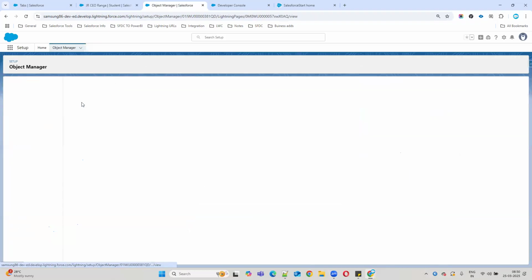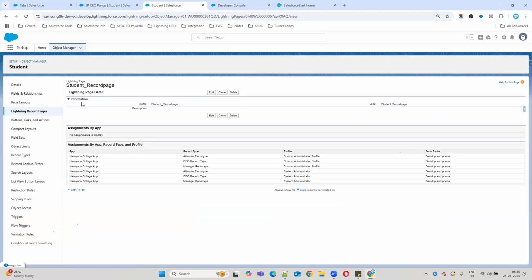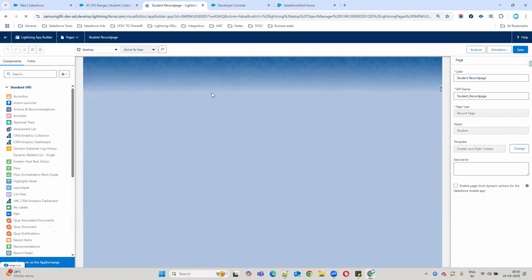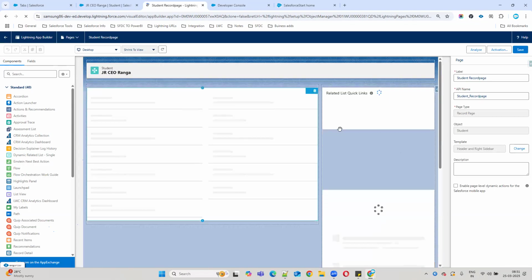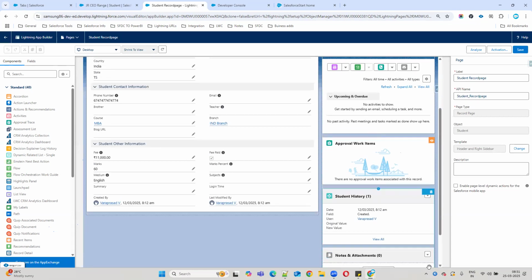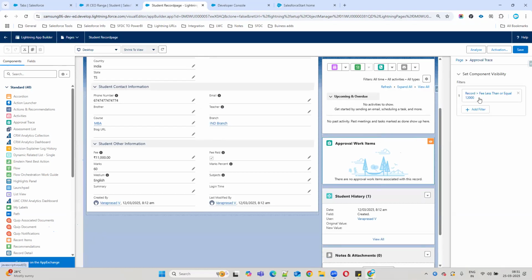If I open this record page again and click edit record page, for that component we have used set component visibility. Set component visibility means we can show or hide a component based on some conditions. So you can see the symbol here now, right? What is the condition we are using now? Record fees less than or equal to